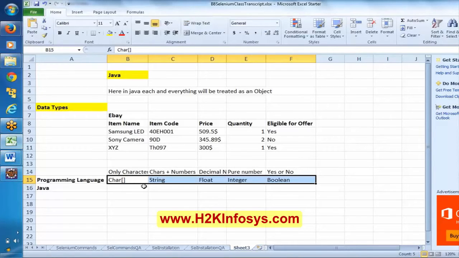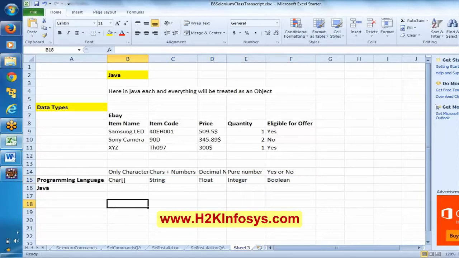We call this highlighted part data types here in Java. The same data types will be used in C sharp, and the same thing will be used in the C language too. These are called data types. However, in Java we have two types of data types.